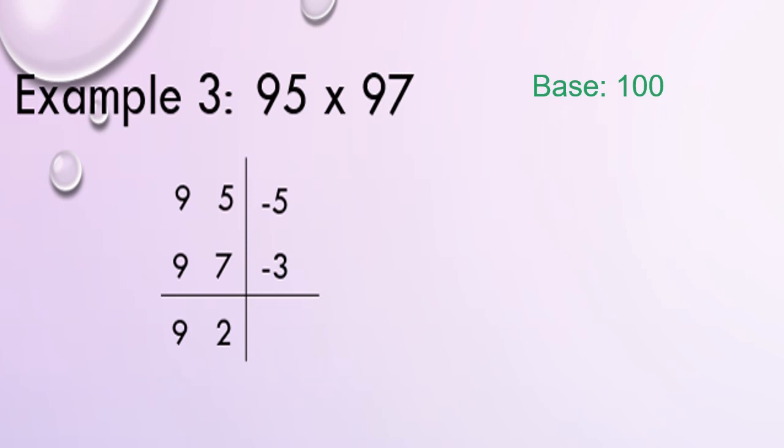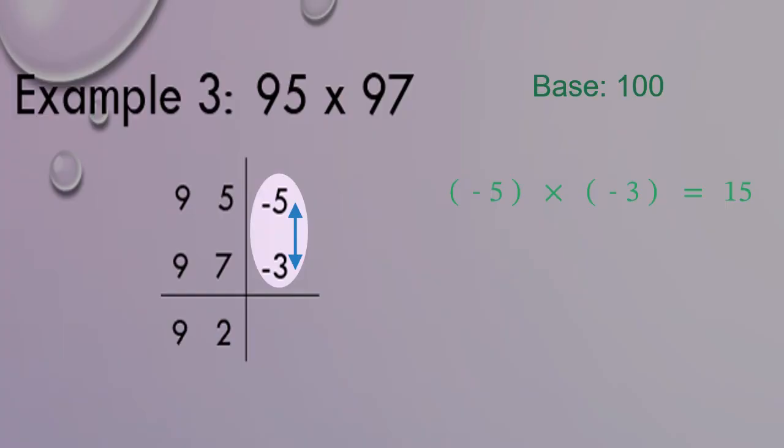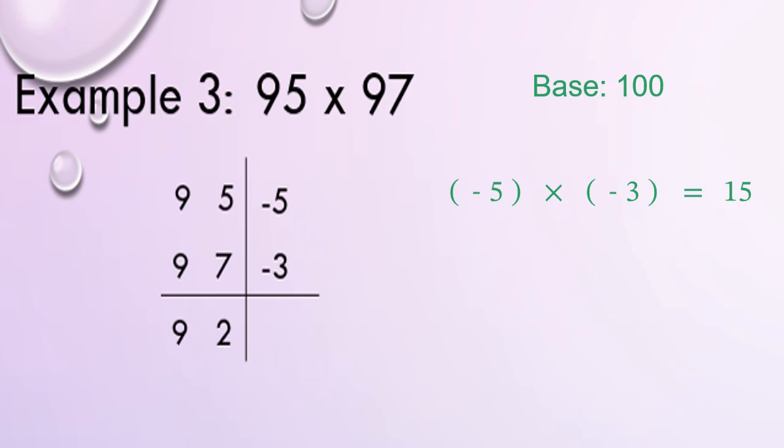Here we have minus 5 and minus 3 on the right-hand side of vertical line, so multiply minus 5 and minus 3, which gives us plus 15. And write 15 in answer line on the right-hand side of vertical line. Since the number of digits on the right-hand side of vertical line are equal to number of zeros in the base, so we are good to go. And we have our final answer